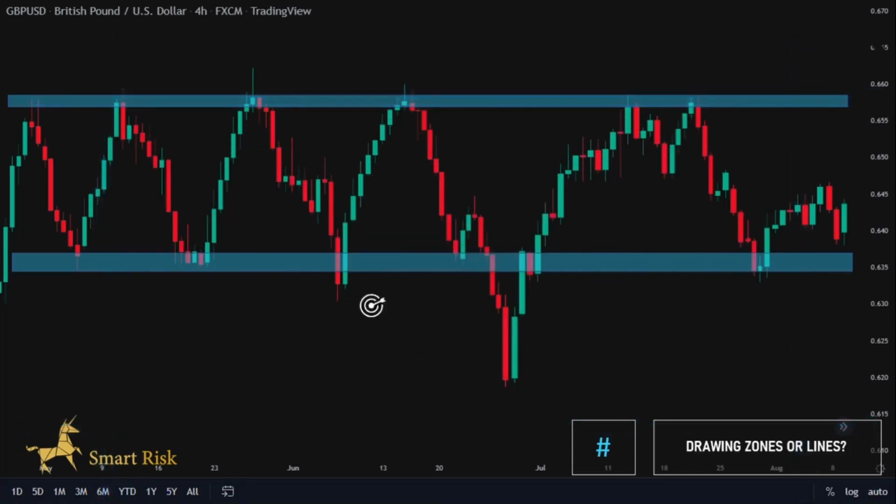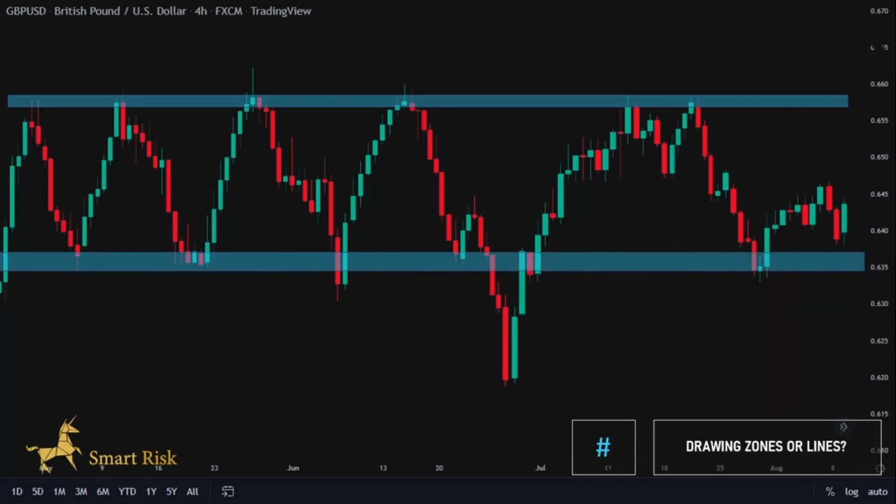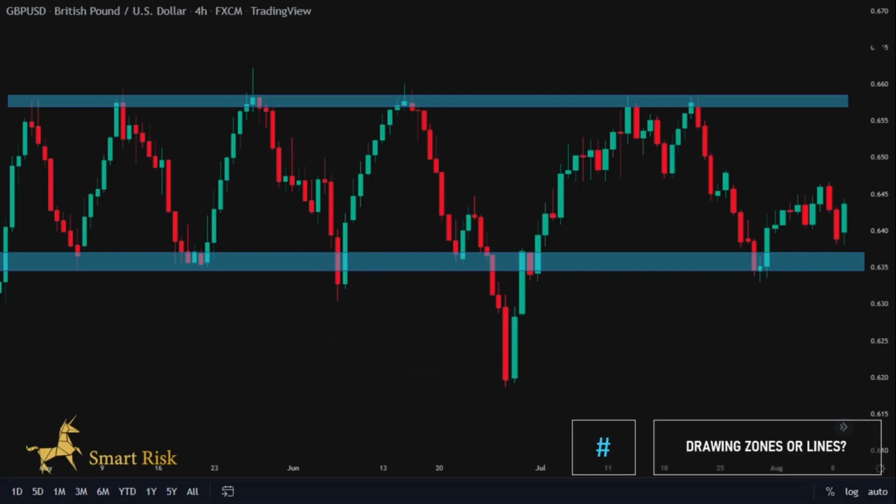Because let's say you would have drawn this massive zone here to cover this low here. 1. It looks terrible. 2. With such a wide area, you'll end up confused, and it gets worse as you use more time frames. So instead, we decided to draw in a smaller zone like this, which touches most of the candle bodies, wicks, and points. And this point here is considered a fake breakout, a topic we will cover in detail in the next episodes. So next, at the bottom, we have this swing low and we draw in a line. So as you can see, you have a nice